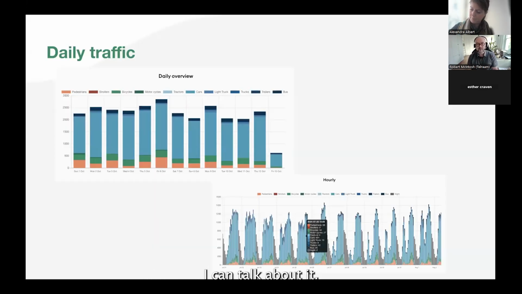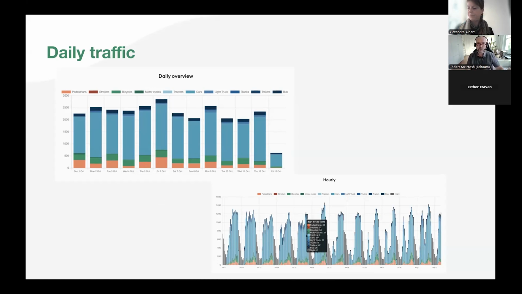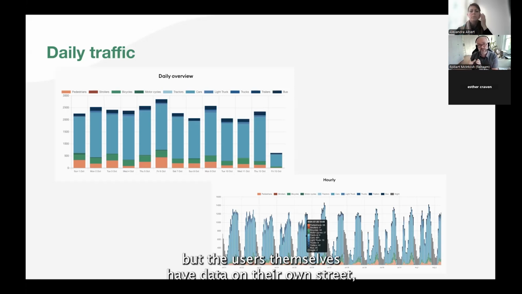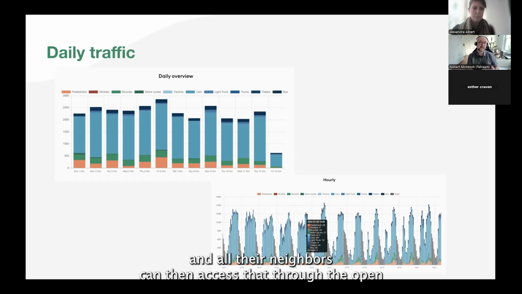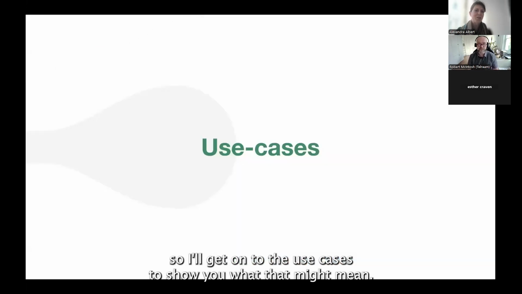I won't go into a great deal, but again, I can talk about it. The idea here is that we then gather data which is multimodal, every day, every 15 minutes of the day. And then we offer a lot of that data as open data. So not only do the authorities get the data, but the users themselves have data on their own street, and all their neighbors can then access that through the open data platform, and then use that. I'll come on to it. I realize I'm running a bit slow, so I'll get onto the use cases